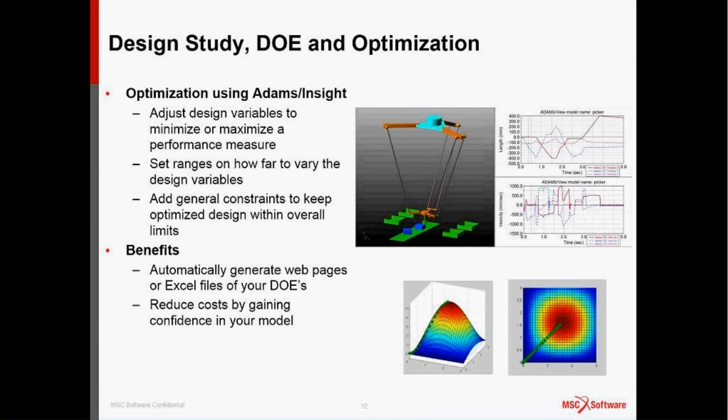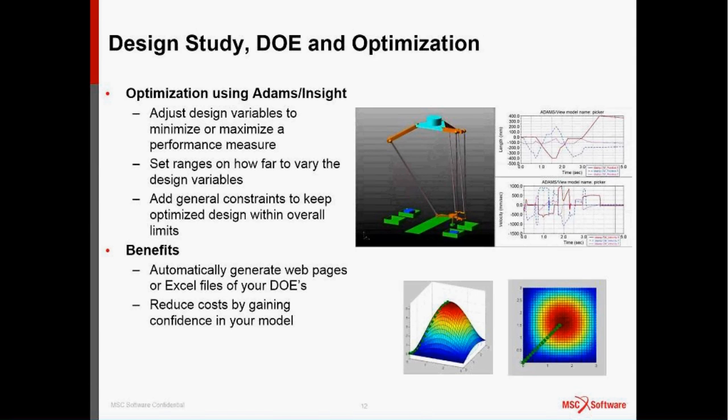Next is the design study, DOE, and optimization. To optimize your trajectory, you might want to observe several parameters like the length of a certain object, or you want to really define the contact between the two different parts. You want to set the contact parameters correctly. So there are different variables that can basically contribute to the final optimization objective. And so as a first step, you want to do a design study to find out what are the variables that are most sensitive